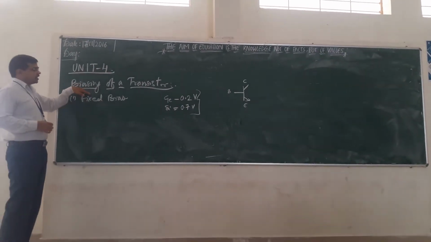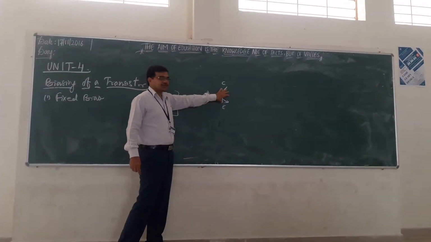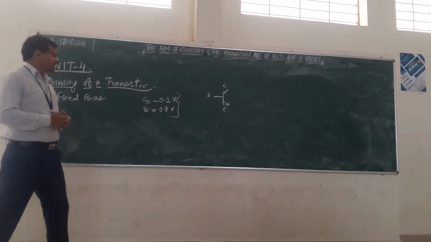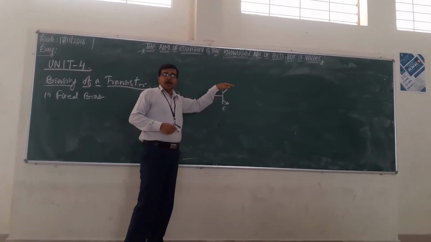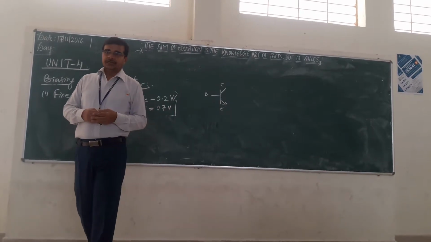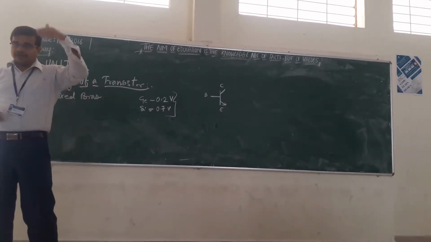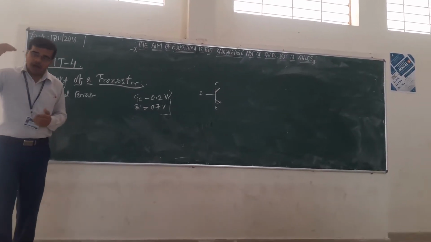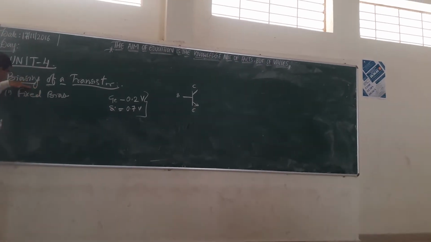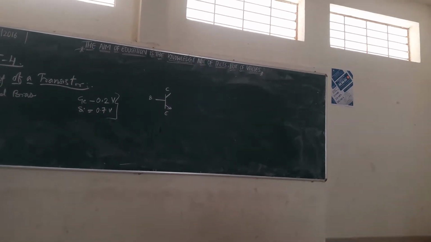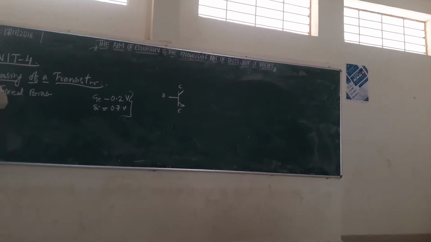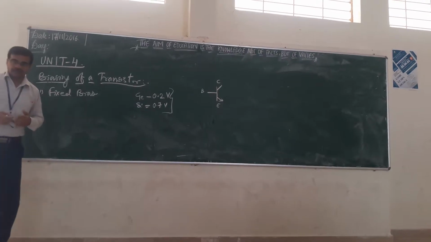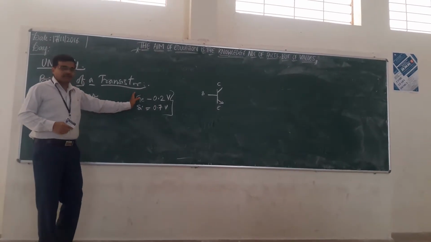One more thing related to biasing is that whenever we use a transistor as an amplifier, it may be possible that there is uneven amplification. So the amplification you get in the positive half cycle, you may not get the same in the negative half cycle. In order to avoid that uneven amplification, we also go for biasing. When we bias the transistor, we get proper amplification in both half cycles. So this is the problem we have.